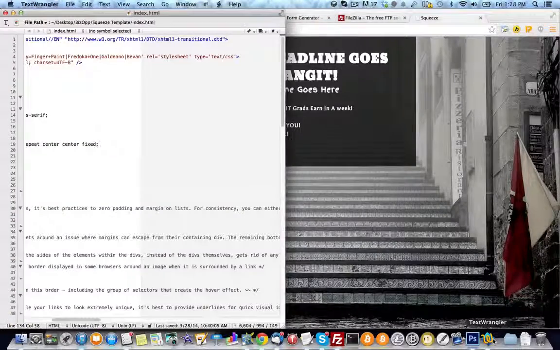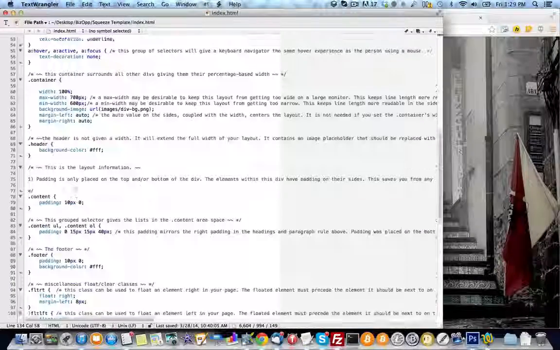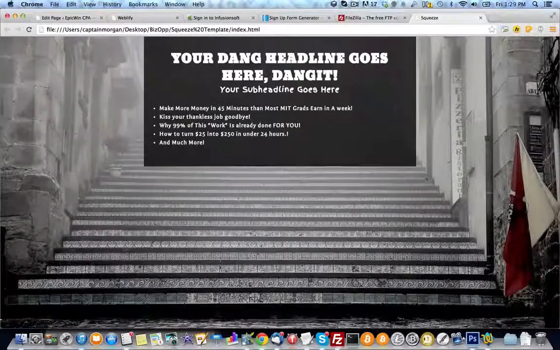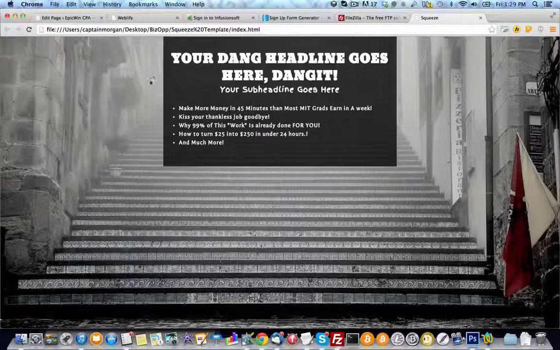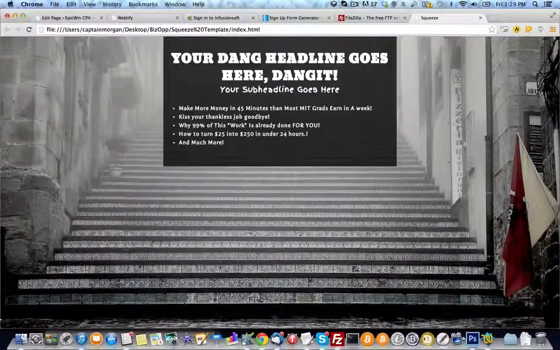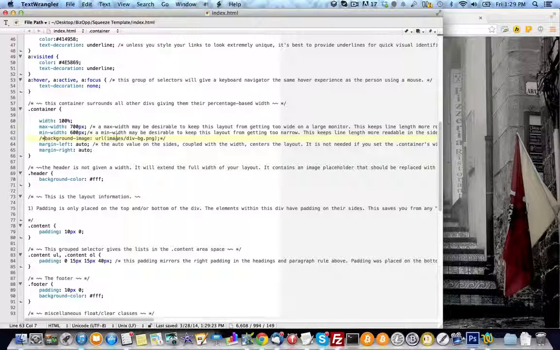So say I make an edit on this page and change the width, for example, to 600 wide, and I refresh this page, it'll change the width to 600 wide. Now just to give a more obvious example, I'll take away the image in the background, hit save, and refresh this page, and it takes away the image from the background. Pretty cool, huh? So that's how I edit stuff on the fly, in case you were wondering. I realize I didn't go over that as well. But anyway,